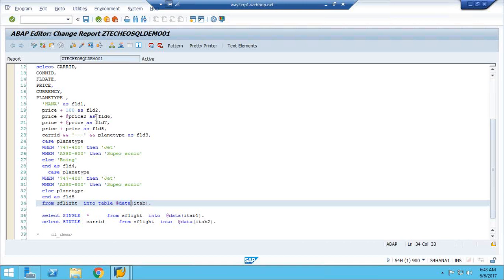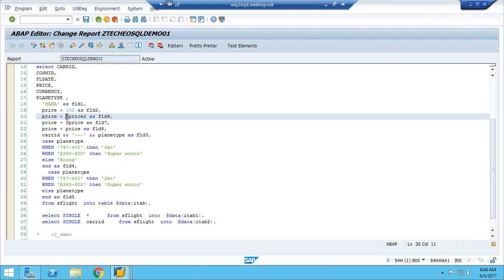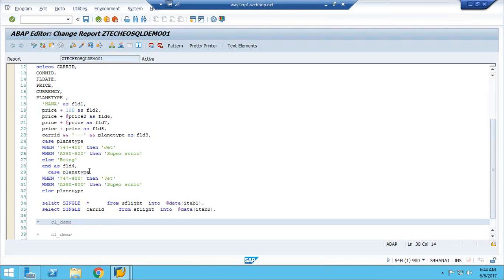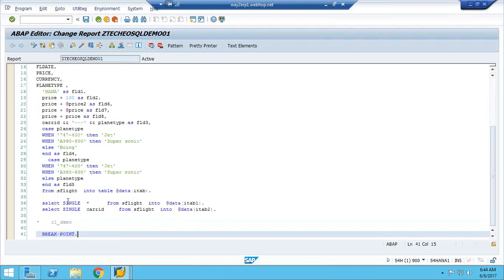If you are not giving at the rate, it will take it as one of the fields. If you give at the rate, it will take it as an external variable. We also discussed hard coding values, arithmetic operations, string operations, and control structures.